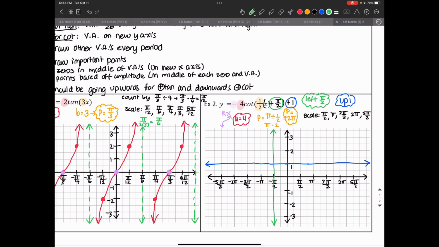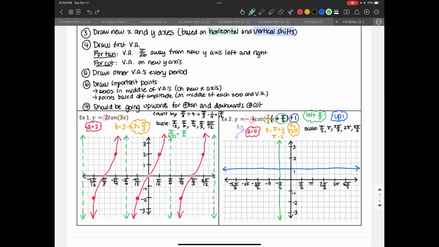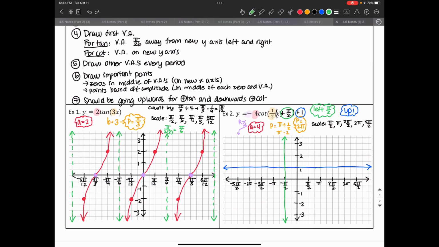Because this is cotangent, I should have a vertical asymptote here, at the new y-axis, and so I put it there. And then I need to count a period away. A period is 2 pi, so I should be, or 4 tallies, 1, 2, 3, 4. I'm right here at 3 pi over 2, which is another vertical asymptote. If I go backwards, and you should always be including 2 periods, which we'll be able to do on this graph, I'm counting 1, 2, 3, 4 to the left,